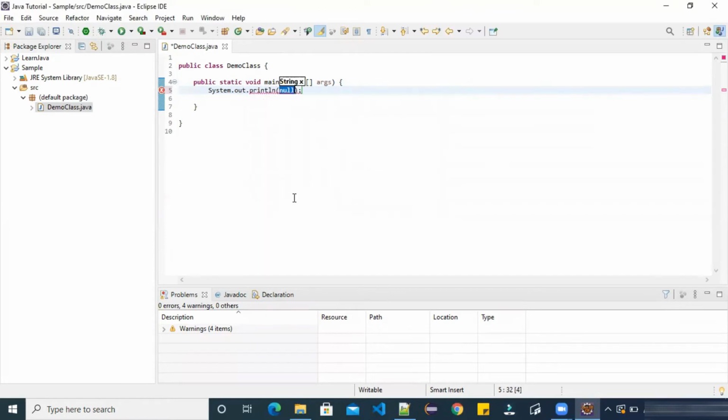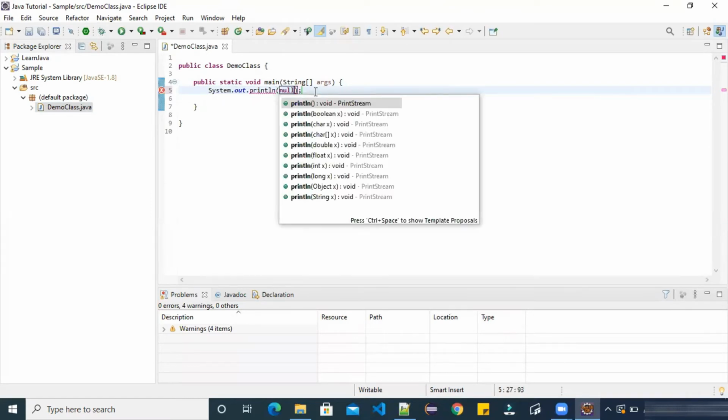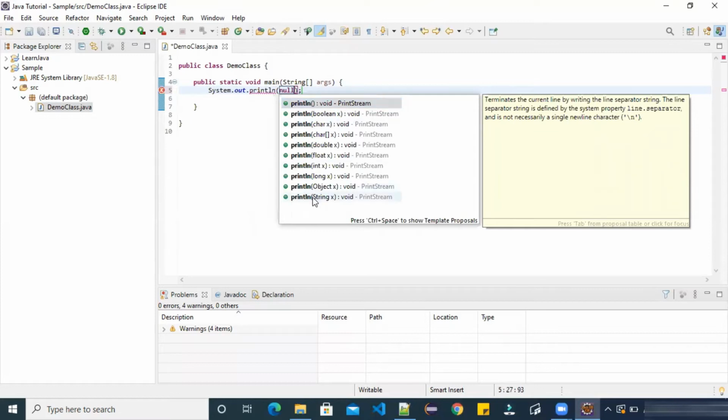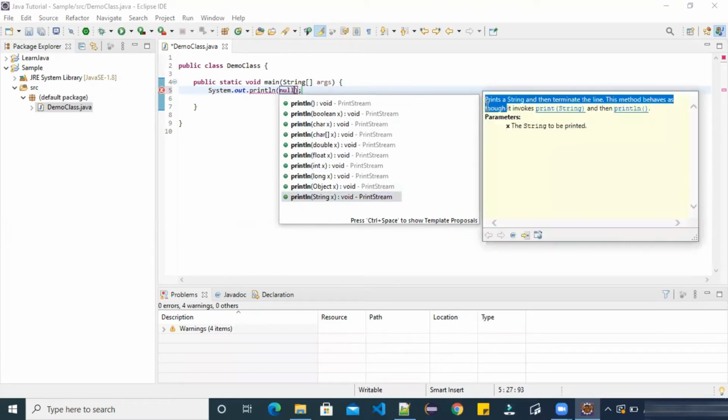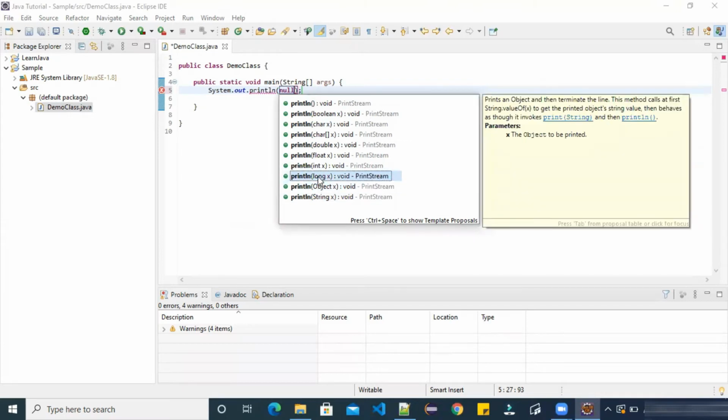Double click on this. You can also see what this means. If I click on this println, inside this suggestion box another window opens and this will define what it does exactly. Print a string and then terminate the line. You can check for any method.